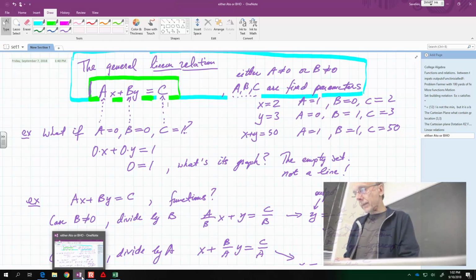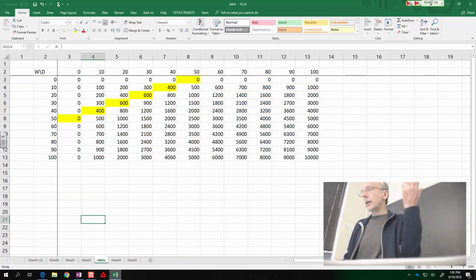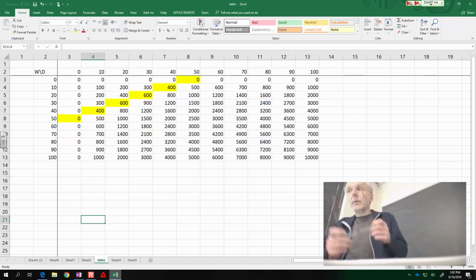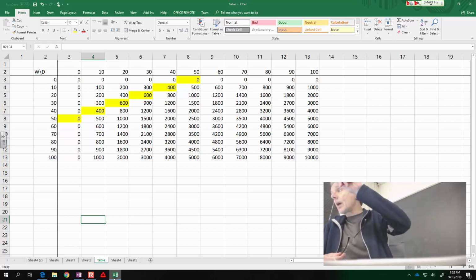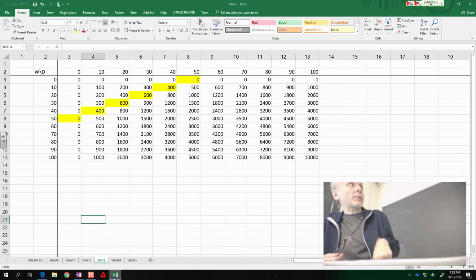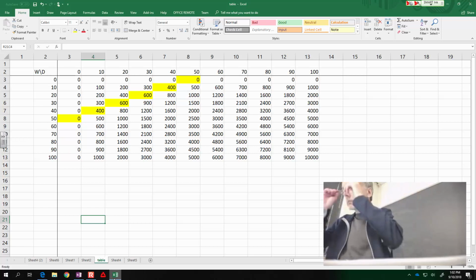Let's take another look at this. Once again, remember what this represents: the width against the depth of that rectangle enclosure with the fixed perimeter. So we have all the possible depths from 0 to 100, all possible widths from 0 to 100. We took their, multiplied them, we didn't. What we did is